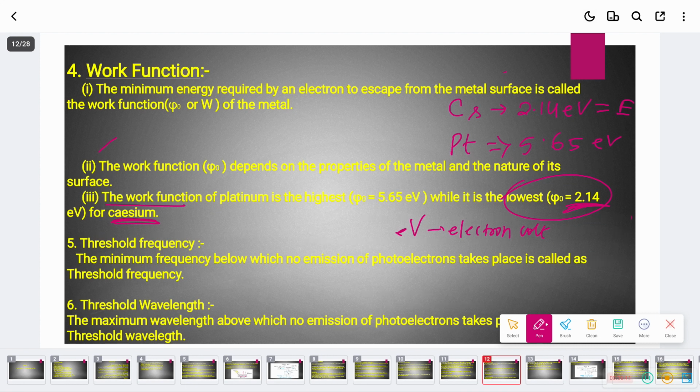Maximum for metals, and in between there will be a range. I think it is also given in our book. I'll show you, wait one minute. One table will be there. It was in the old book. No, not this one. Then it is not given, so leave it. No worries, just remember this much. Now listen, all of you.